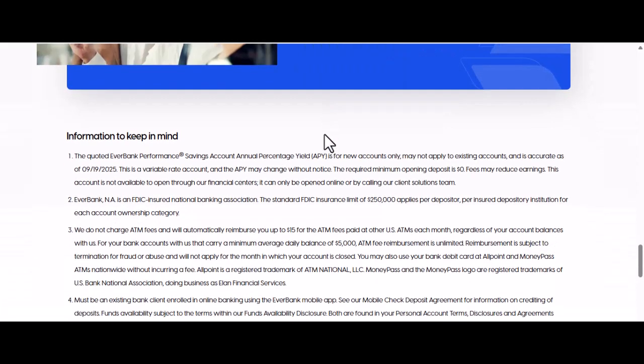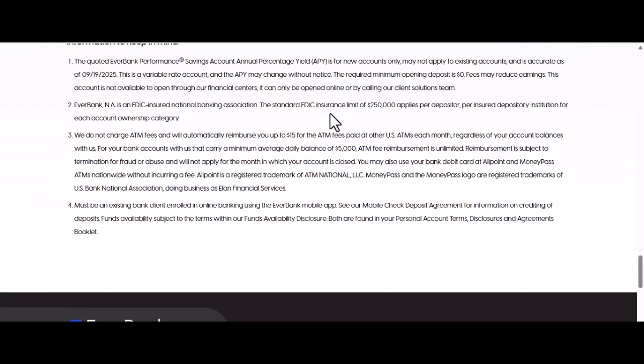Stay proactive. Keep a copy of every document you submit and a record of the dates and times of your phone calls, including the names of the representatives you speak with. This paper trail is your proof should any complications arise. Disputing a transaction can feel stressful, but by following these 3 clear steps, gathering your details, calling the bank immediately, and submitting documentation, you'll ensure the process is handled